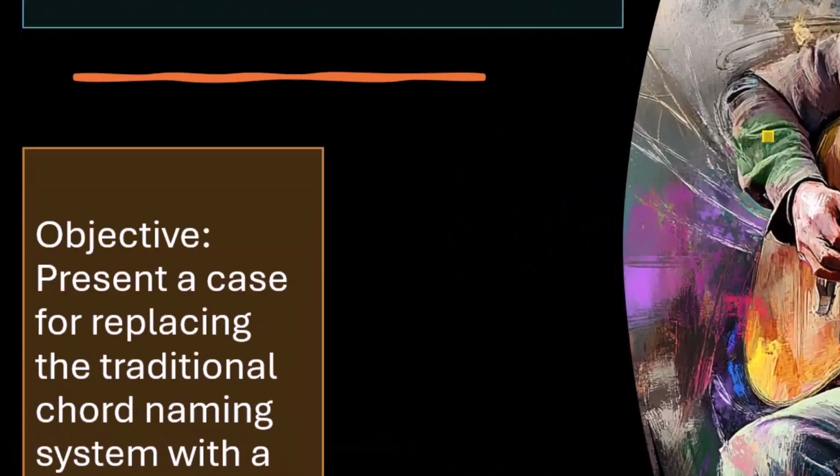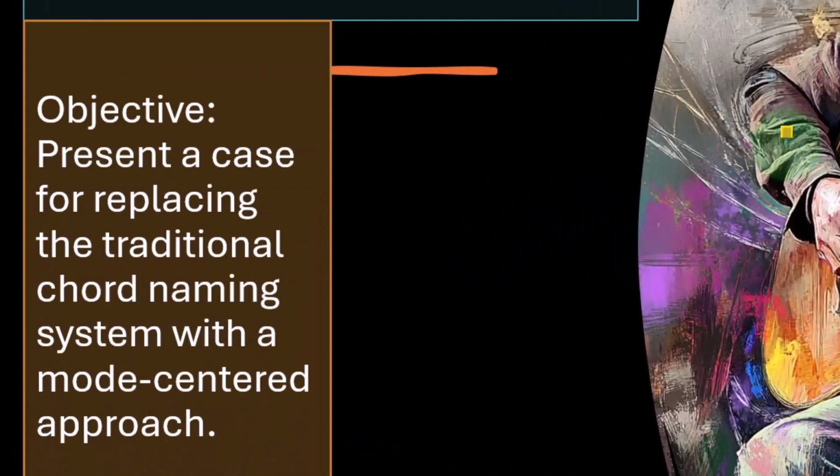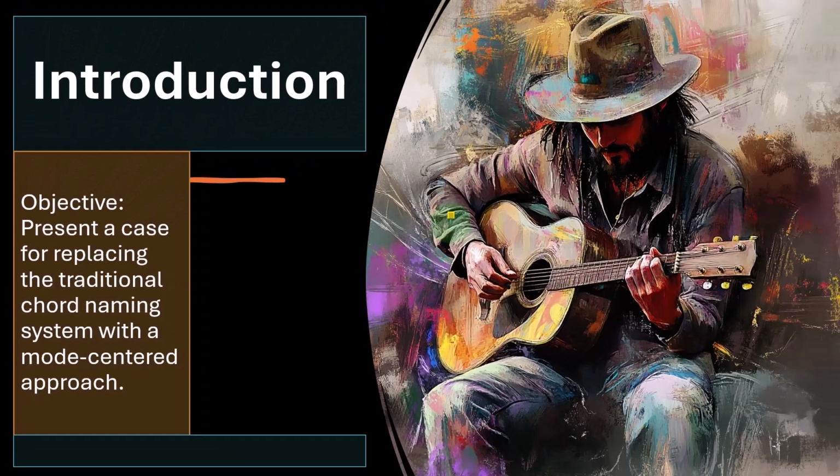All right, what's the objective here? Present a case for replacing the traditional chord naming system with a mode-centered approach. Now, obviously, I don't think we can completely do away with the current naming conventions, but I would propose learning a system that's more intuitive, that makes it easier to jot things down and then code switch or bridge over to the current naming convention, something way easier to do these days